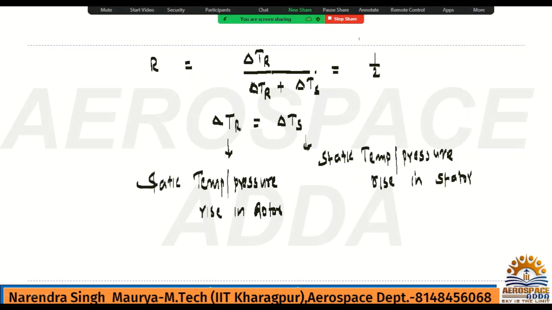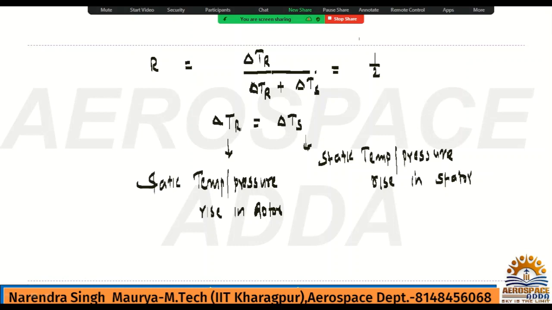Is that clear? This point is very important actually. Sometimes it happens in interviews also, they will directly throw this question: why is 50% degree of reaction required for a turbomachine? This is the only reason. If we have 50% degree of reaction for any turbomachine system, then if it is a compressor, the temperature rise, or static pressure rise, or enthalpy rise, in rotor and stator blades will be equally distributed. That's the meaning of it. Hope this is very clear to everybody. Okay. Now,